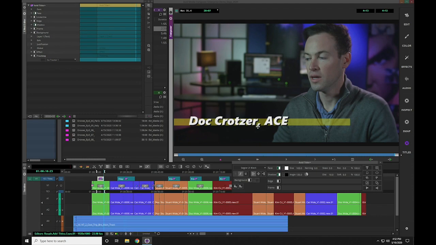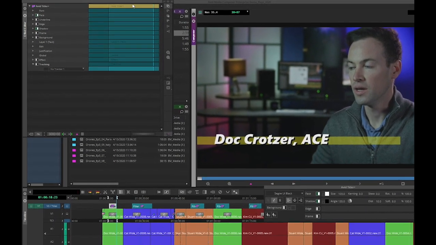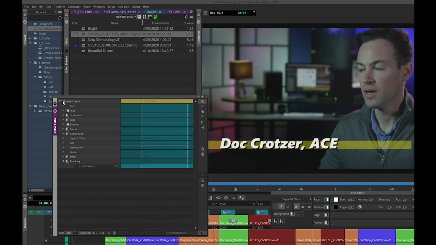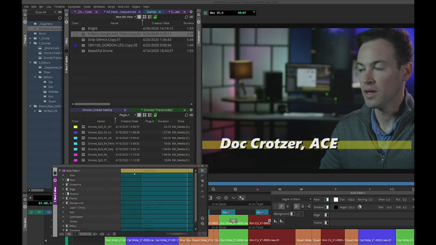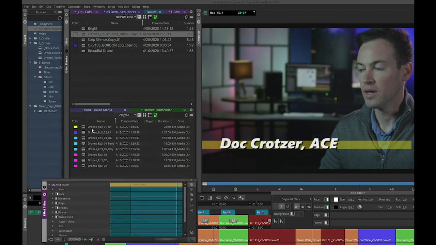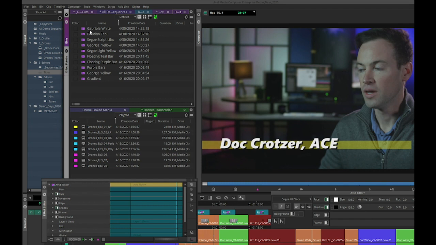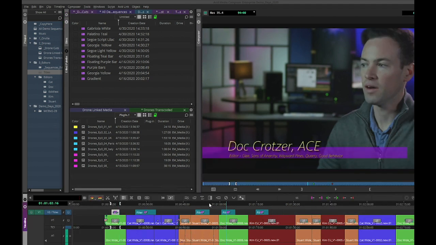But one thing that we added is being able to create templates. So just like you can go in and create an effect, drag that effect to a bin and reuse it, you can do the same thing now with preset looks. So you'll see if I go to my titles here, I have Gabriola White, Palatina Teal. I have all these different fonts that I can simply go in and drop onto, let's do it on